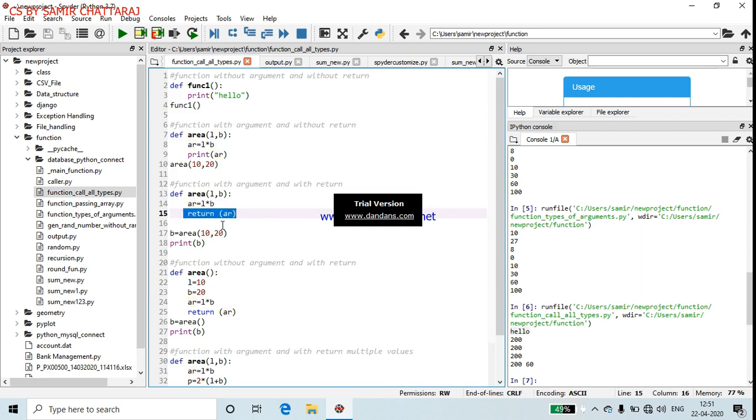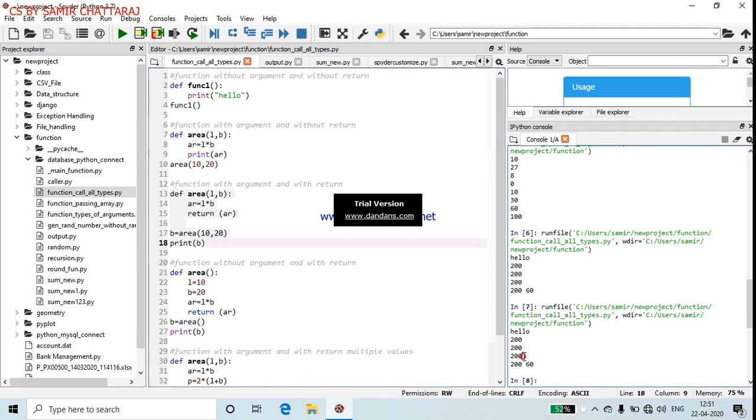The result comes in area and is returned, and it comes to B and B will be printed. First see the output. Here it is, the output is 200.